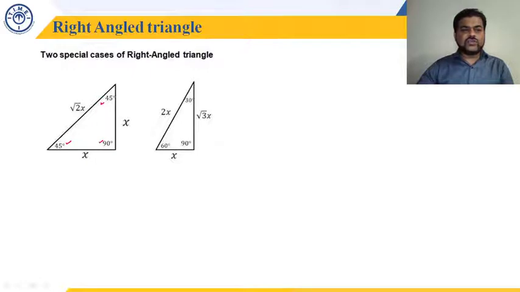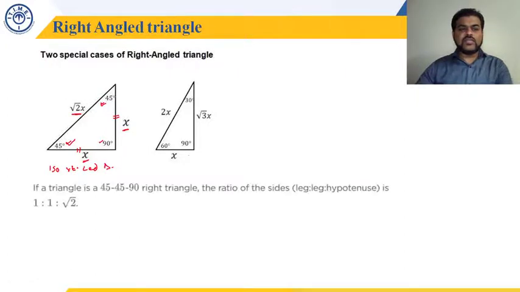So this case is also known as an isosceles right angled triangle. Because these two angles are equal, these two sides will be equal. So if this side is x, this side will also be x, and using Pythagoras theorem I can get this side, which will be root 2x. So the ratio of the sides will be 1:1:root 2. Now this one part will be opposite the 45 degree angle, and this root 2 will correspond to the side opposite 90 degree.